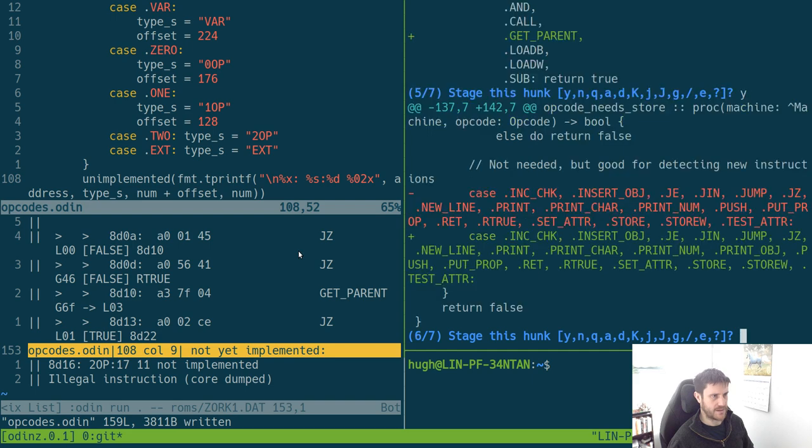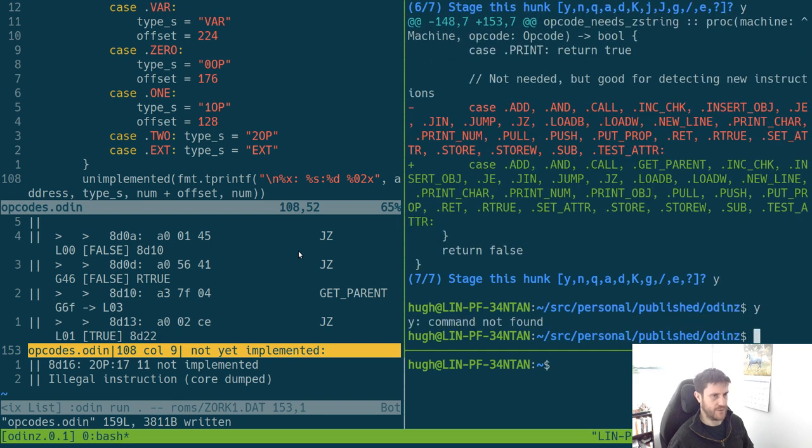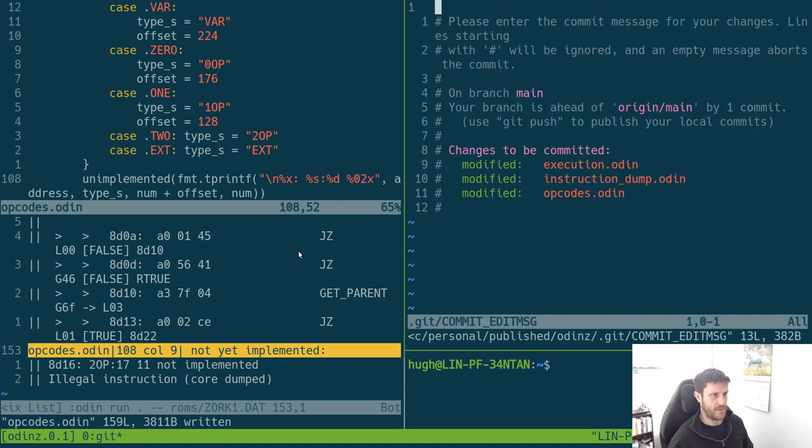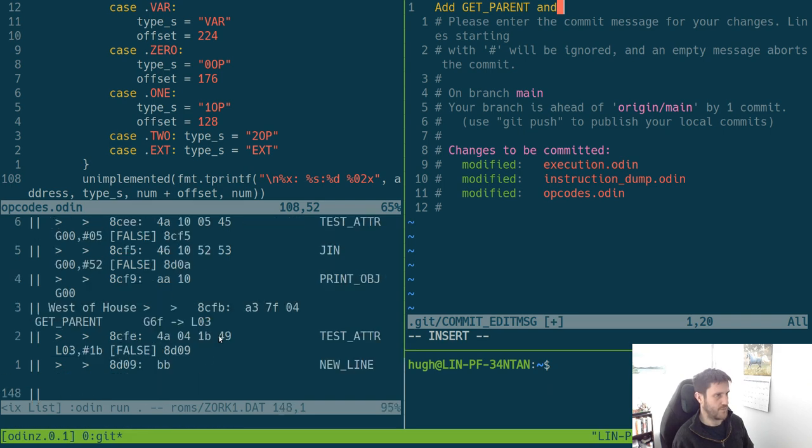And I think this might be a good time to, what would we add? And we got get. I wonder, add get parent, and what was the other one we did? Print object, print obj,